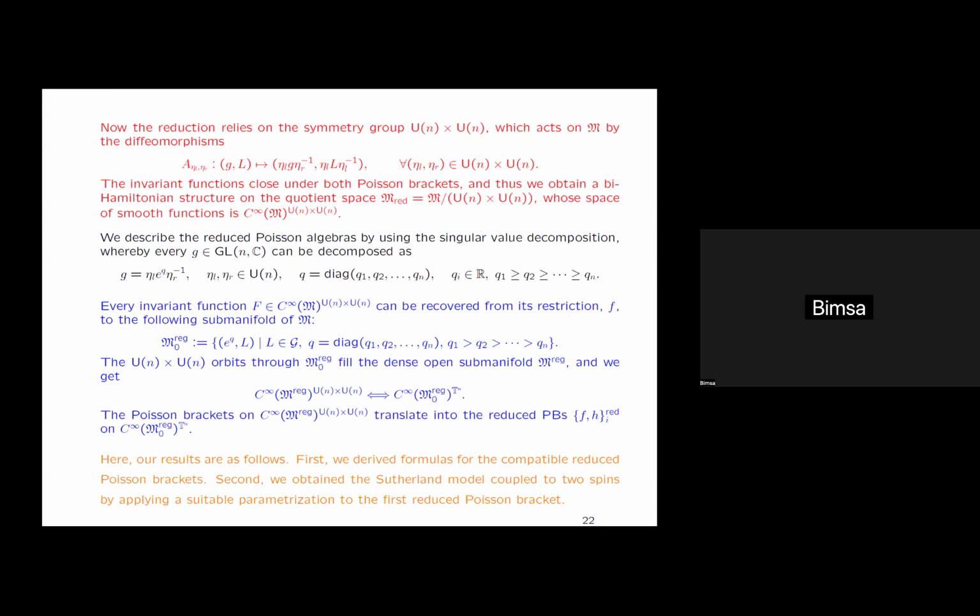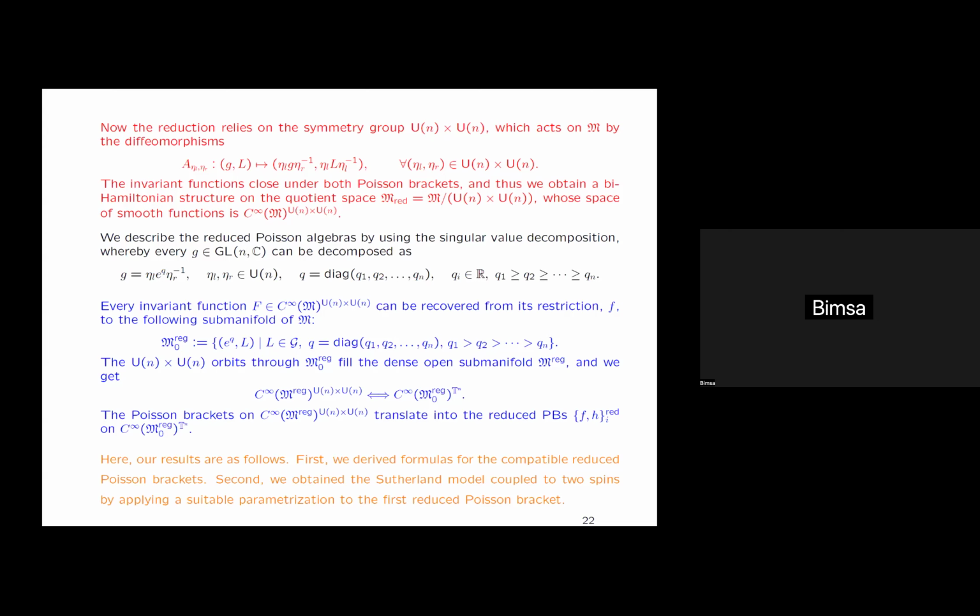So there is a natural gauge slice here: you can remove the U(N) times U(N) factors from the group valued variable, and the gauge slice will be a positive real diagonal matrix and an arbitrary GL(N,C) matrix, and we again restrict ourselves to a dense open submanifold